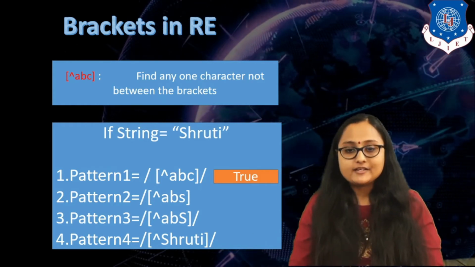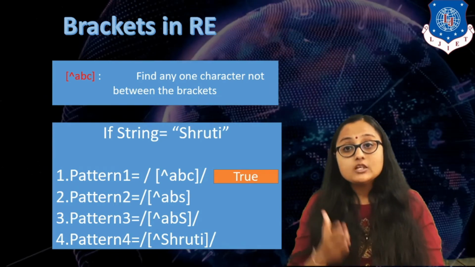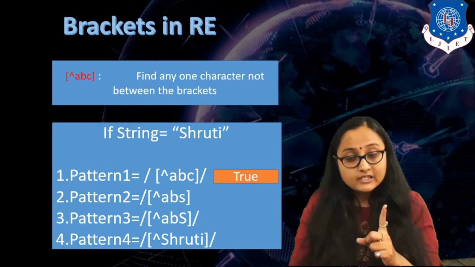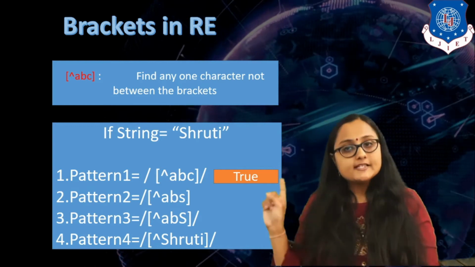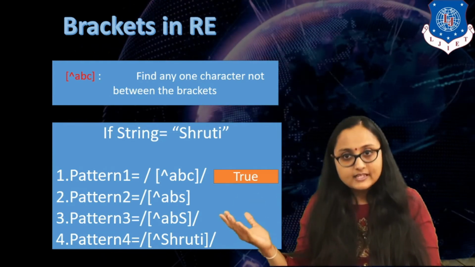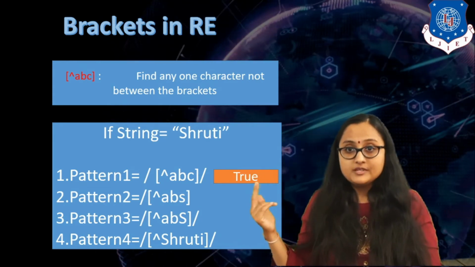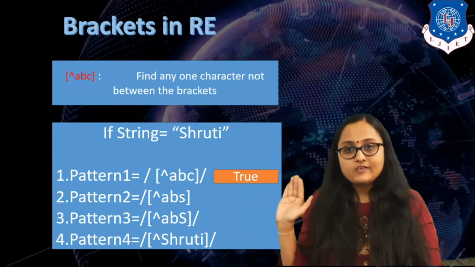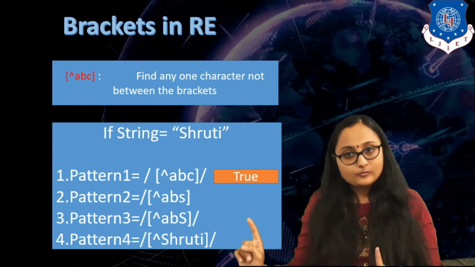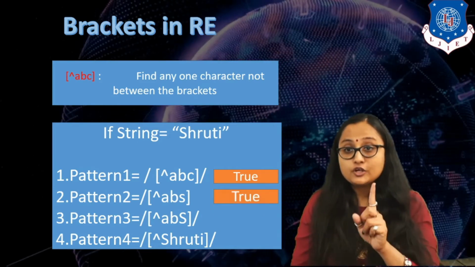Now let us take the second pattern. Again, I have written caret inside the bracket, and that means not A, B and small s. So does my string consist of minimum one character which is not inside the bracket? Yes, obviously it consists of, for example, S, again because here you have small s and inside our string I have capital S. So there is a mismatch, and that is the first character which I have encountered which is not inside the bracket. So my string is valid according to this pattern. So again the answer is true if I call the test method.